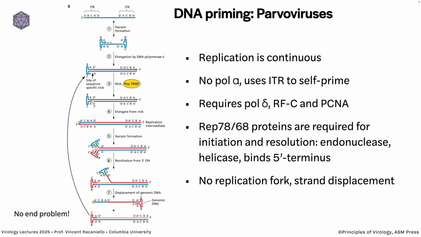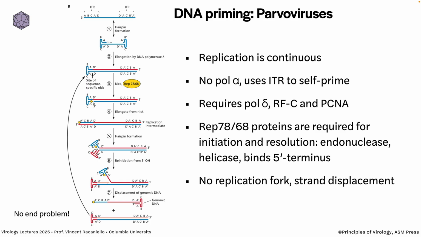So continuous replication, there's no discontinuous replication. It uses its inverted terminal repeat to self-prime. It uses these enzymes from the host cell. Rep 68/78 are needed for nicking the double-stranded DNA, and this is all by strand displacement. It's no replication for just strand displacement. But you can see because there is a DNA primer,